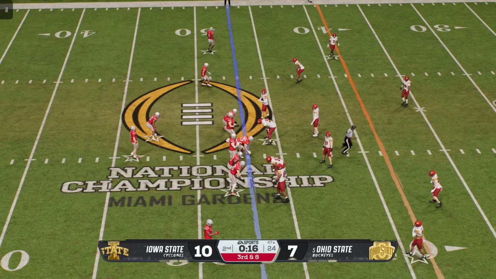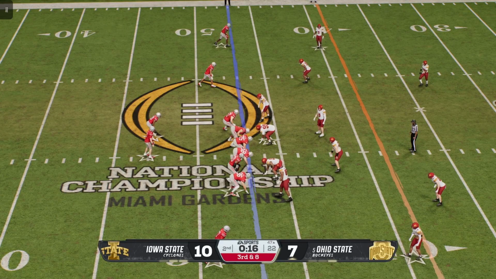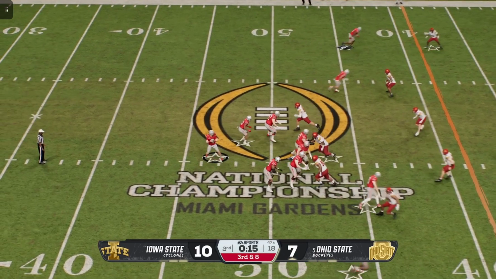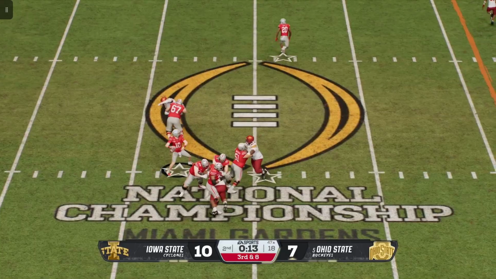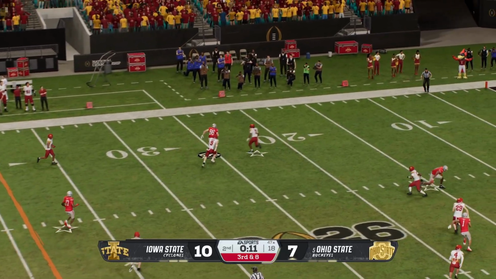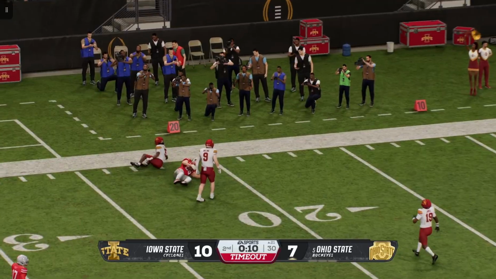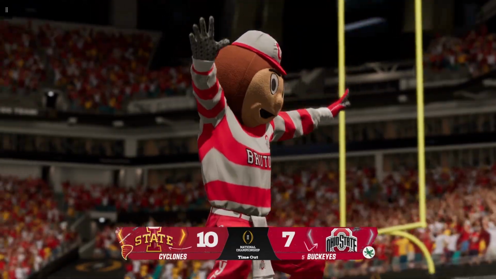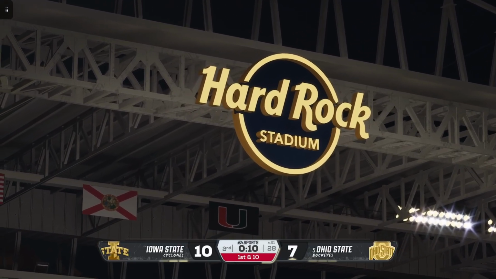Backed up here, trying to make something happen on 3rd and long. Dropping back, they're going to throw for the first down. Delivers quickly to the left side. Makes the catch downfield. So a timeout is called to talk strategy. Maybe time for 1 or 2 more plays before halftime.